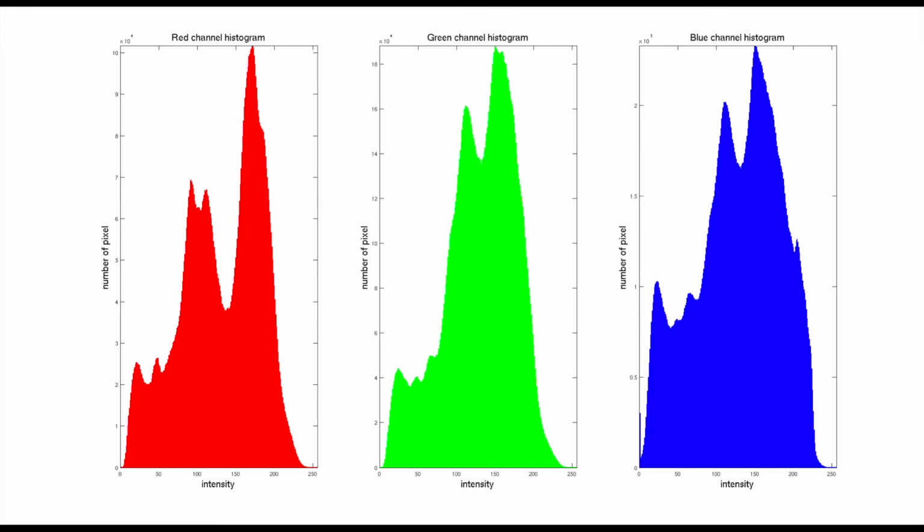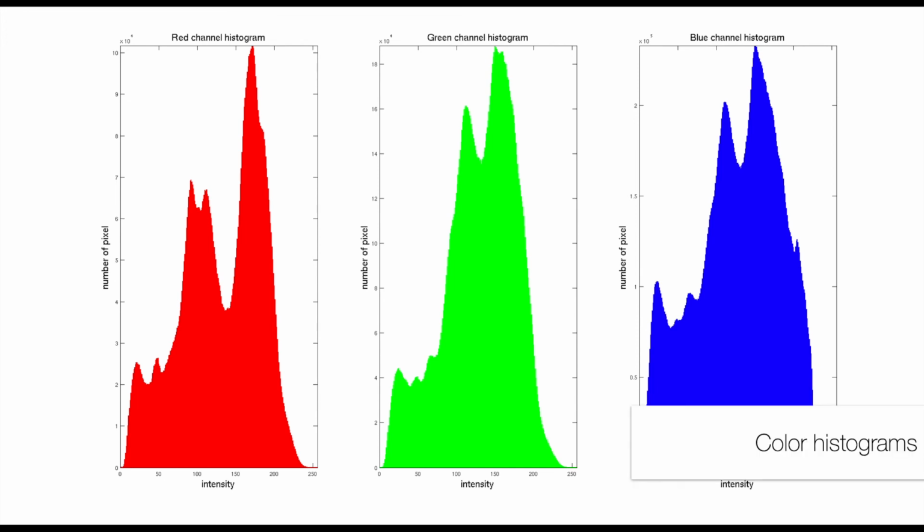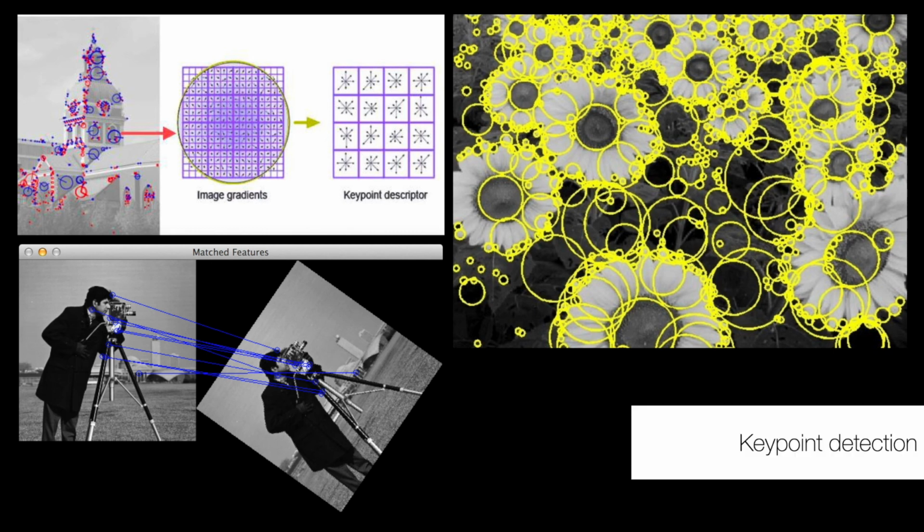Well, it turns out there are many, many ways to do this. One is through color histograms, where you look at the distribution of intensities for red, green, and blue, or whatever particular color set you have, primarily red, green, and blue, since that's what we use for encoding imagery. You could also look for key points, where you take some image and look for points that are particularly important. This might be corners or points that change in shadow. Then you can try to map these key points into some model that lets you either track these key points as an image rotates or use some matching algorithm to identify similar sets of key points or similar blobs from image to image.